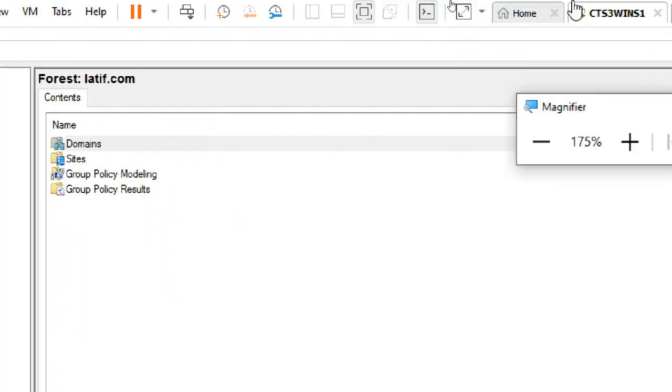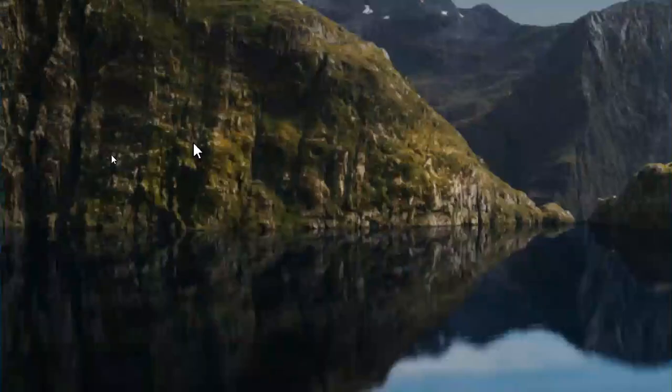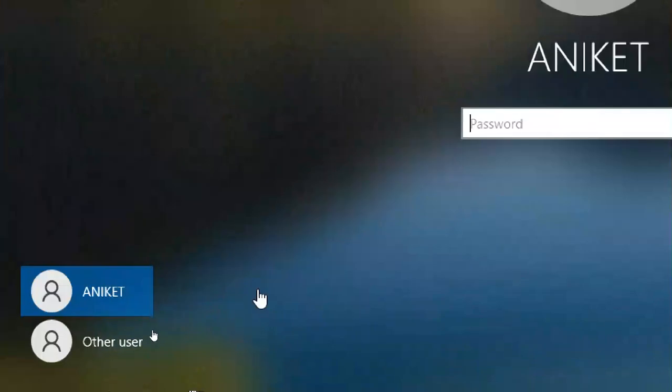Now I'm going to the client side. I'm in a client. So log in, whatever the current user login, no problem.